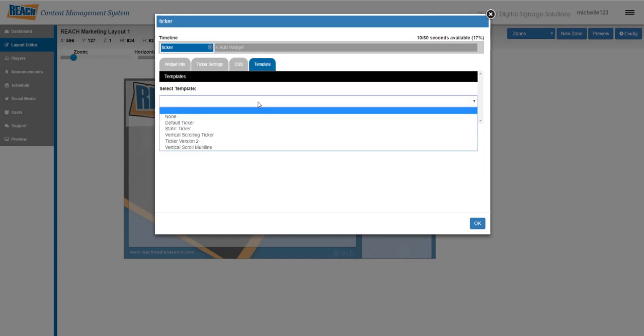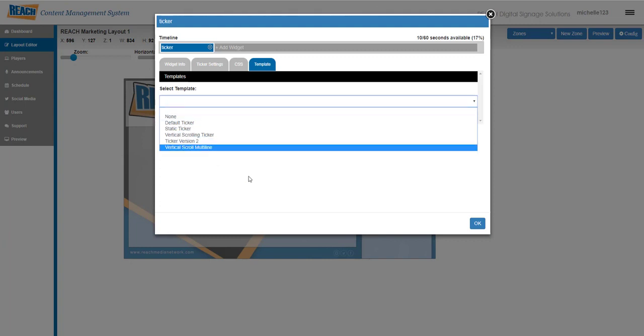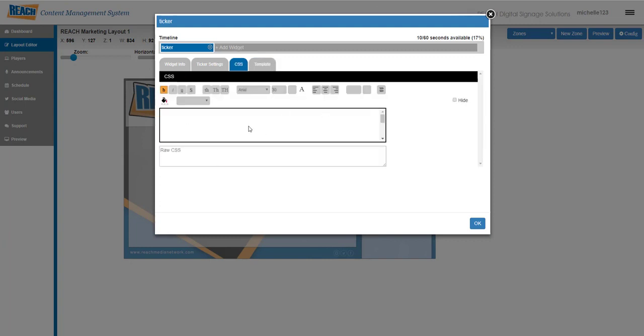And then there are some preset templates, but we are just going to ignore that for right now. So I've styled this up. Let's just see what it looks